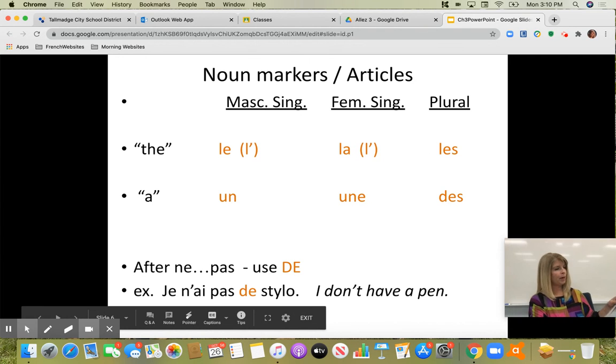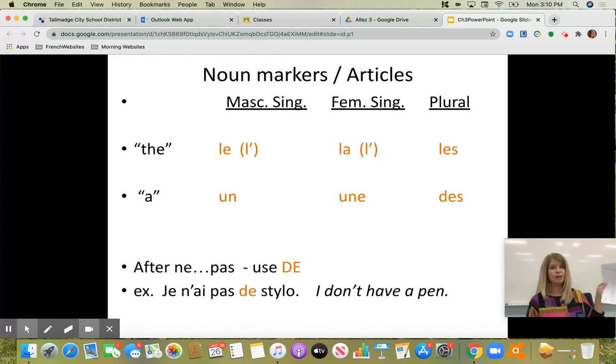At the beginning on the practice sheet 7, the left column is all going to be un or une. And the right column is all going to be the words for the, le, la, les, or l apostrophe. Below, you are definitely being careful with your noun markers because the first sentence in part B, you want to just identify it. Like the example, they say, it's a book. Say un livre. But then the second line, you have to say, it's Guillaume's book. And we don't have apostrophe S's in French. You can't say Guillaume's livre. You're not allowed to do that.